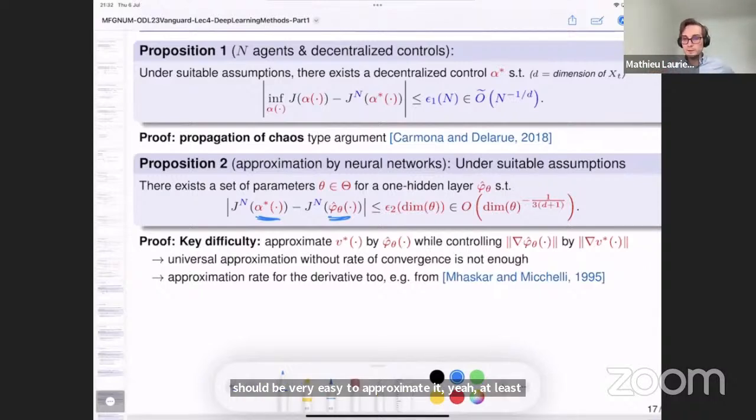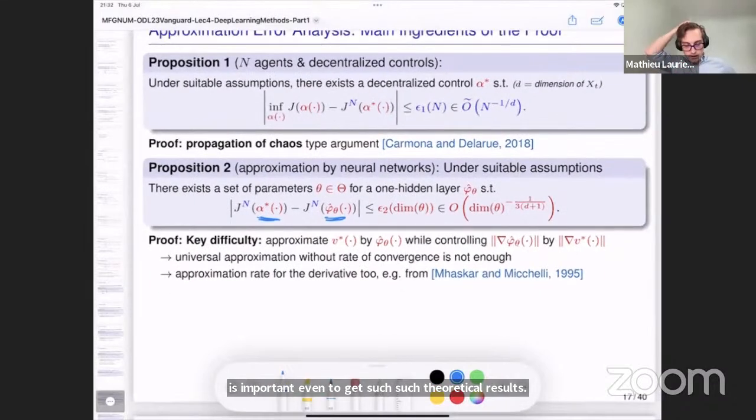So regularity of the optimal control is important, even to get such theoretical results of approximation by a neural network. And here, the technical issue that we had was that we needed to approximate not only the optimal control. So sorry, this should be alpha. We needed to approximate not only alpha, but also the gradient of alpha